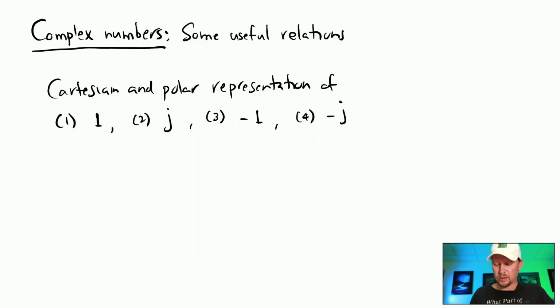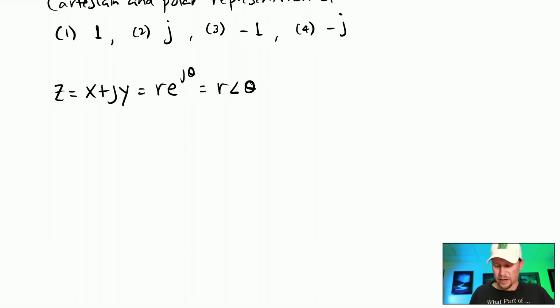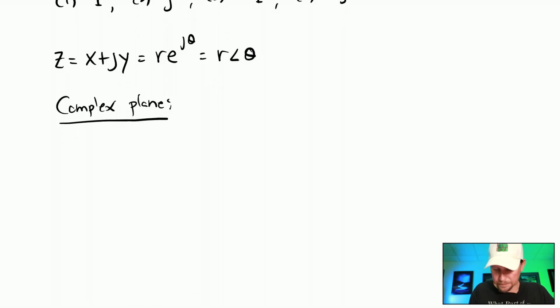Right? Now, all of this is really going to hinge upon two things. The first one is remember that when it comes to a complex number, it can be rewritten in Cartesian form like this, or it can be rewritten in polar form like that, right? Now, suppose that we actually go to the complex plane, right? So in the complex plane,